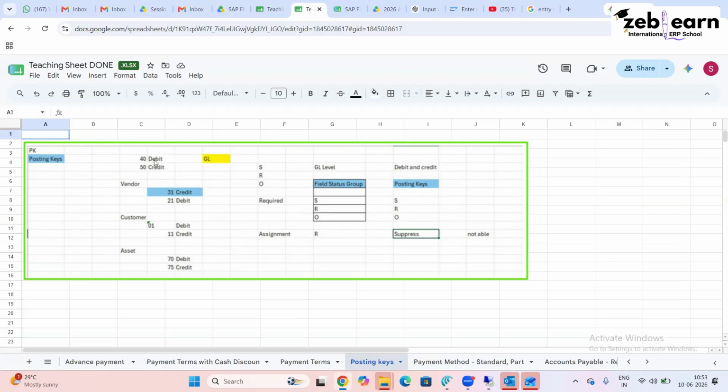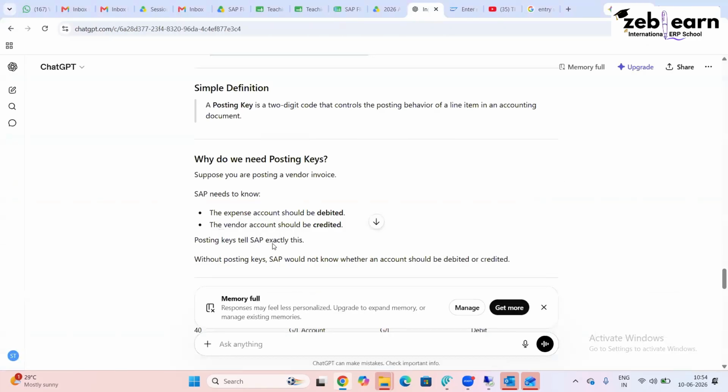Clear? This is just a very simple topic, the basics. You just have to remember the posting keys, and every document has its own two-digit code. Even if you remember these eight, it is fine. So suppose you are posting a vendor invoice, SAP needs to know the expense account should be debited, vendor